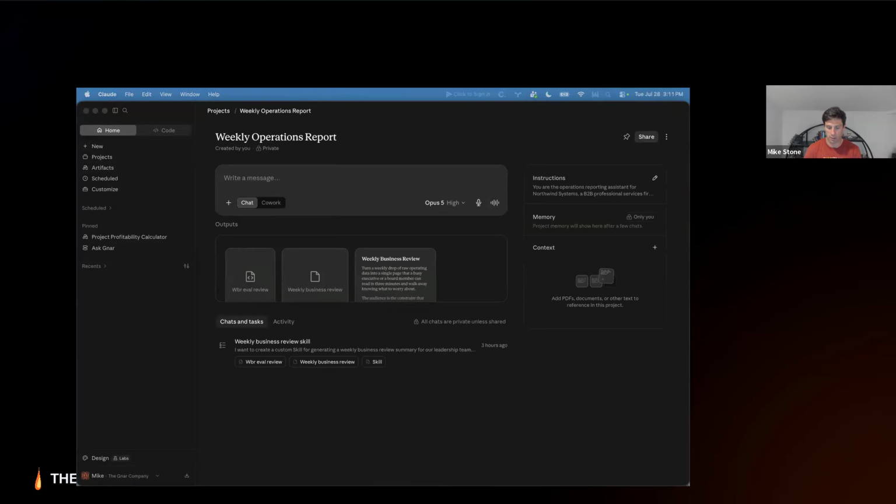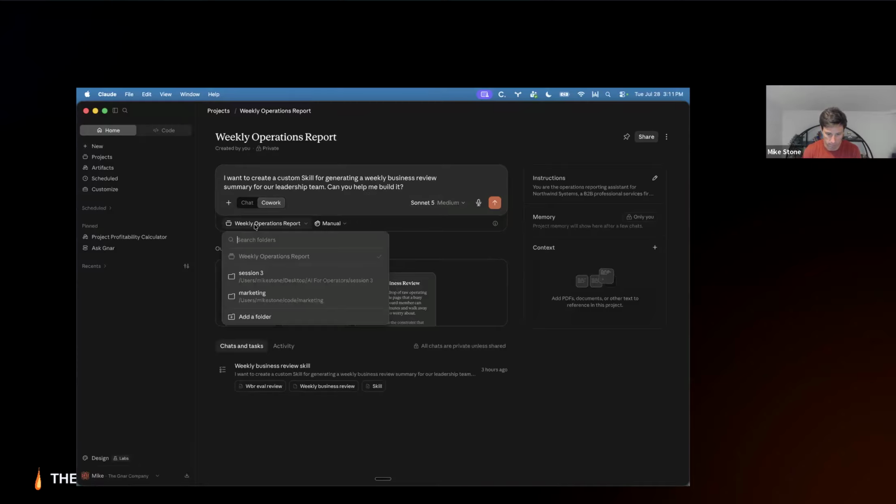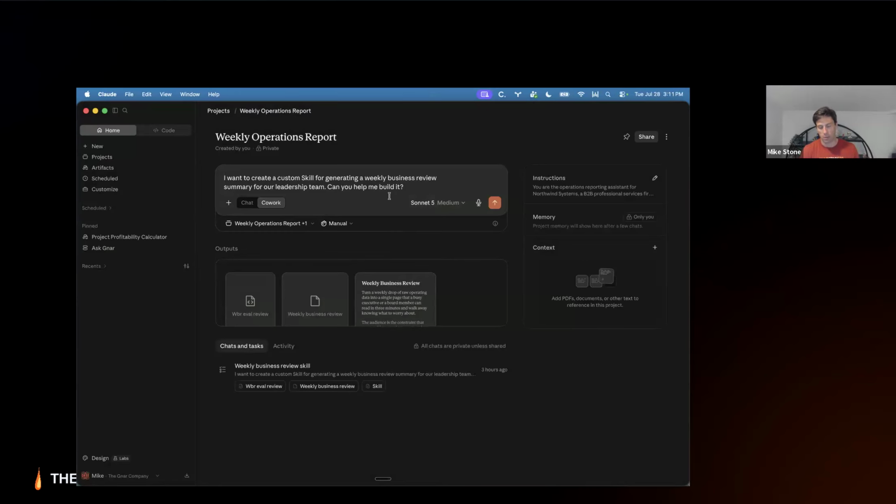All I need to do here, and this is a little bit meta, but I'm actually going to use a less complicated, less time intensive model for the sake of the demo. I think Sonnet will work fine here. Claude actually comes shipped with a skill creation skill, if you can imagine.